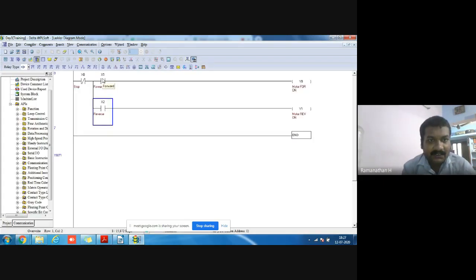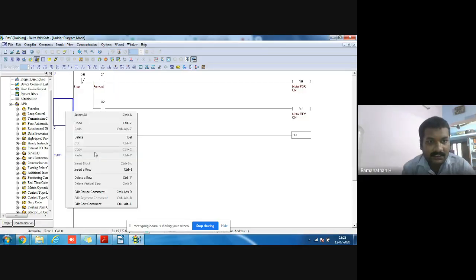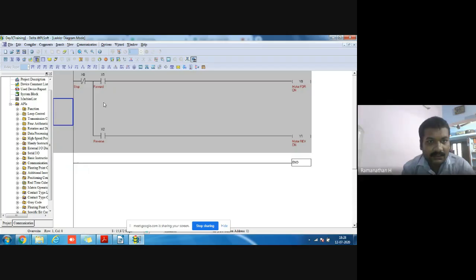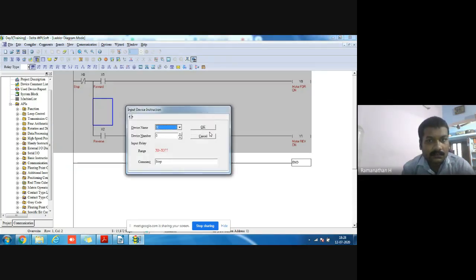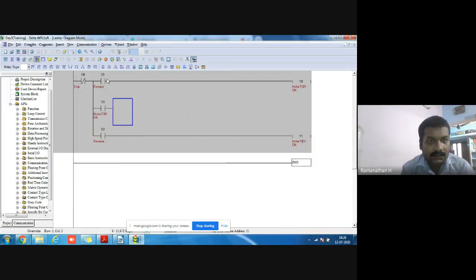So how do we correct it? First we use the latch: right click and insert a rung.